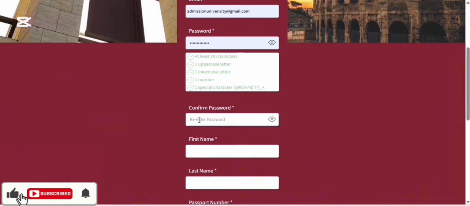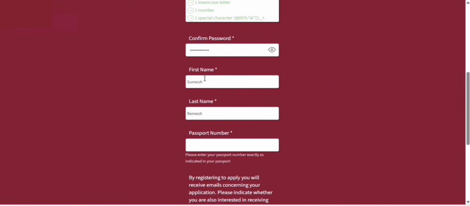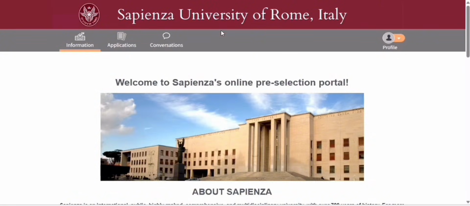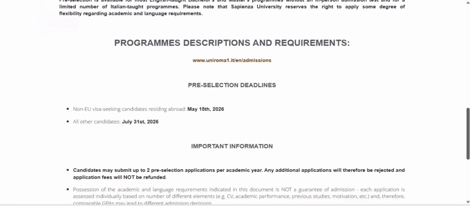When you are applying, use an active email address for official communication regarding your application. Here your first name means your given name and your last name means your surname, exactly as they appear on your passport. When entering the passport number, make sure all the information you enter matches your passport exactly: spelling, order of names, and everything. Here I am clicking yes for communication and announcements from the university. Then click on Register. As you can see, the registration process is completed and we have successfully created our account